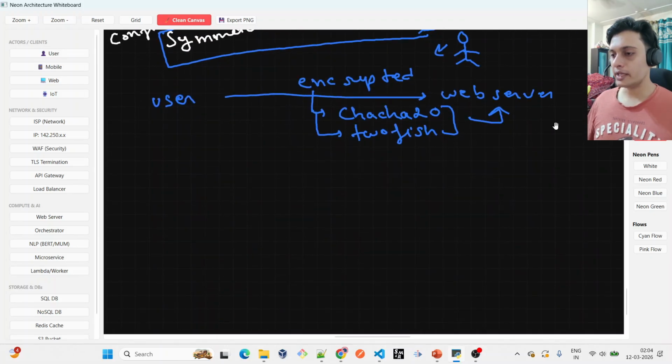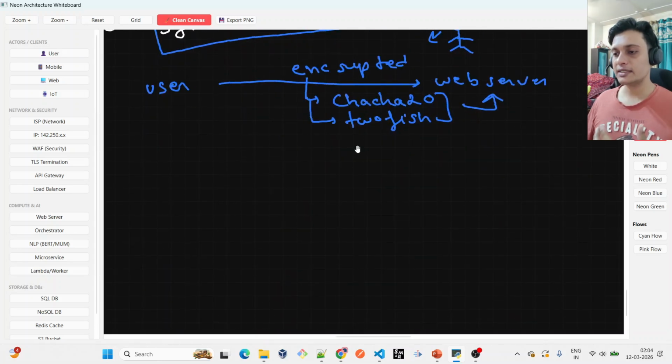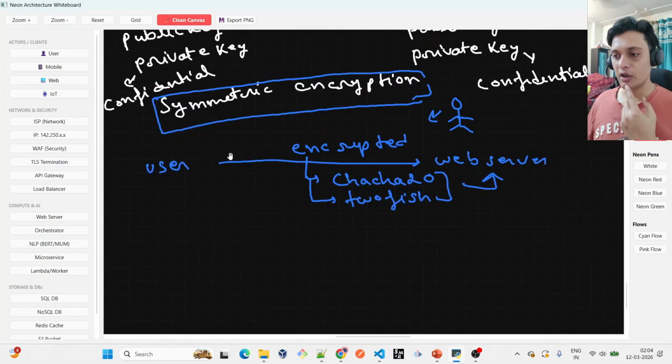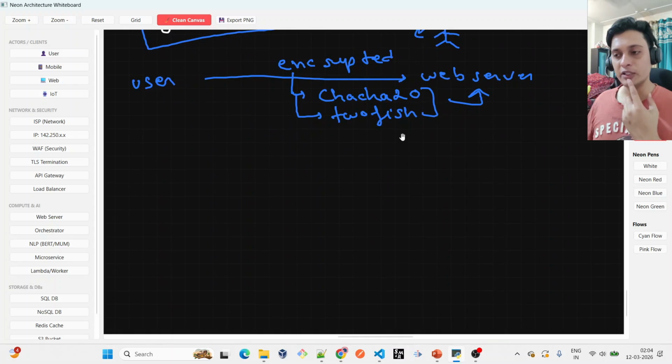So here comes the concept of symmetric encryption. What is symmetric encryption? It means the user is sending data to the web server using some encryption mechanism, and there are many algorithms for it. The user is sending this encrypted message to the web server, but it also needs to tell the server which mechanism it is using. So now comes the role of the private key and public key. How will it use the private key and public key? For that,